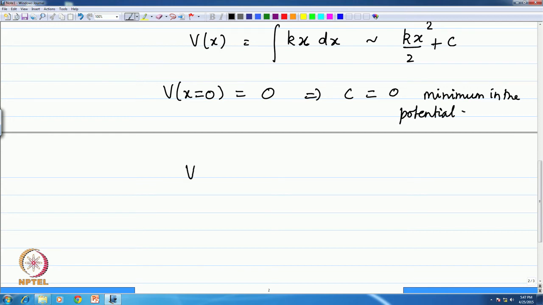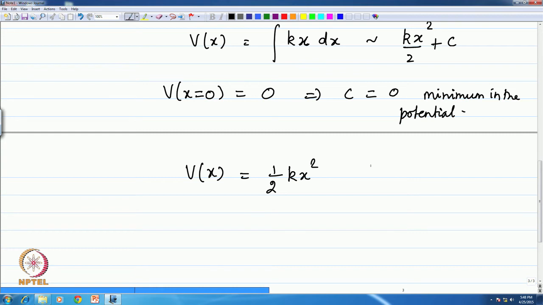Therefore, the potential energy for a harmonic oscillator as a function of the displacement from equilibrium is given by half kx square, and k, you know, is the force constant, or the spring constant if you are talking about springs. You know the dimension of k: kx square is energy, so it is very clear what k should be. And the Hamiltonian, if you have to write it for the harmonic oscillator,